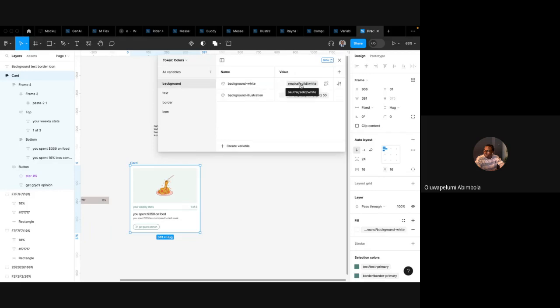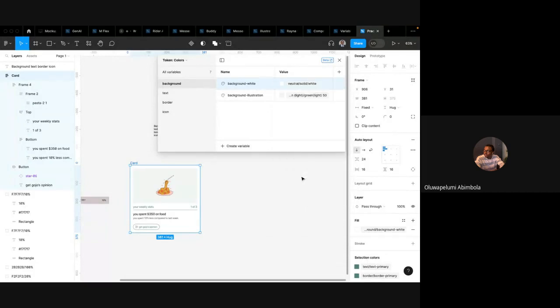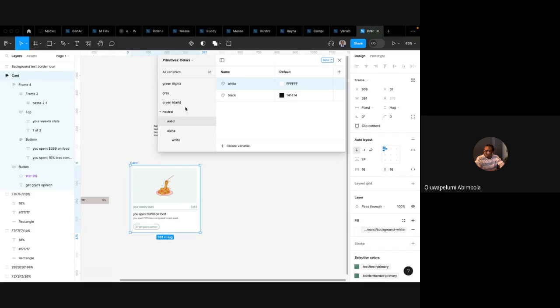Neutral, solid, white. If I come here, solid, white, you can see background changes, because it's referencing that. So that's how we create